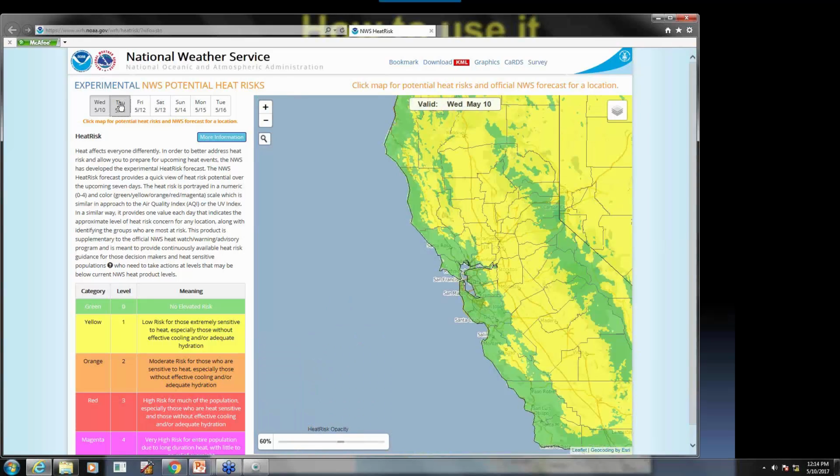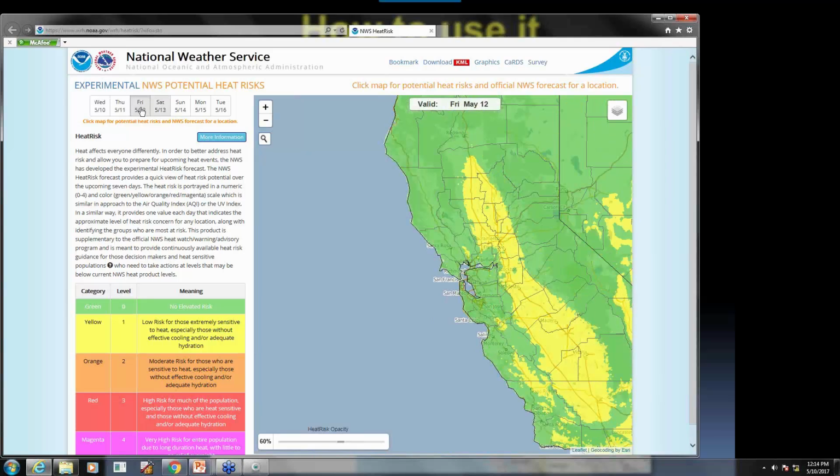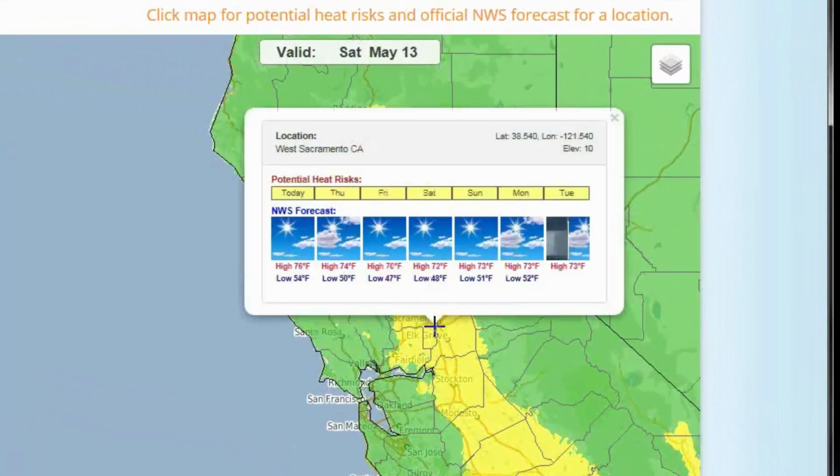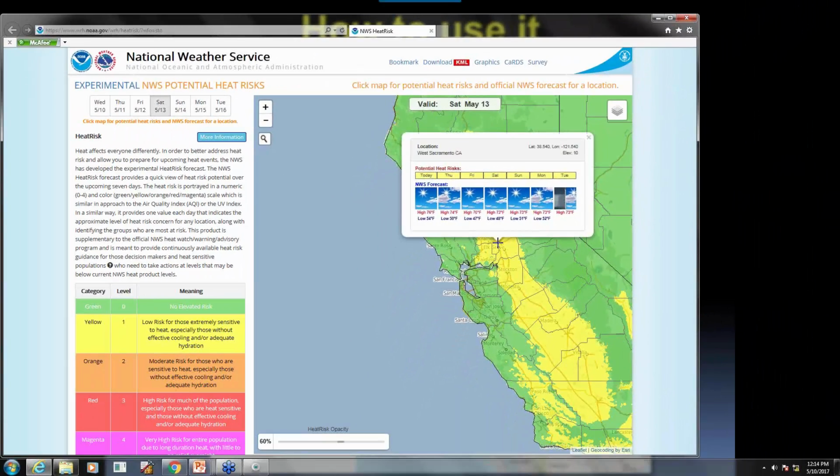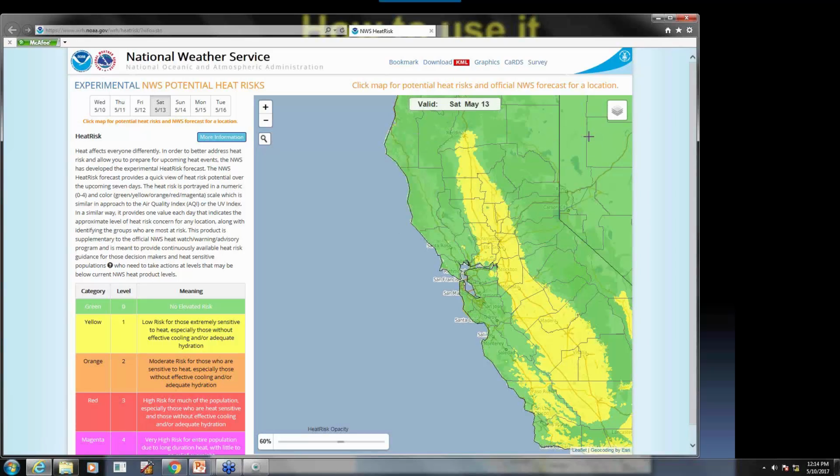You have the option of scrolling through each day and looking, or you can just click on the map and there will be a 7-day forecast, and the bar across the top is color coded for the day's events. So you can see if, in the 7 days, there's a specific day you need to look out for. And that's based on the point you clicked on. Correct. If you're real close to a red and an orange, or a yellow and an orange, and you don't hit specifically on the orange and it all shows up yellow, just zoom in a little closer and you'll be able to click where the orange is.